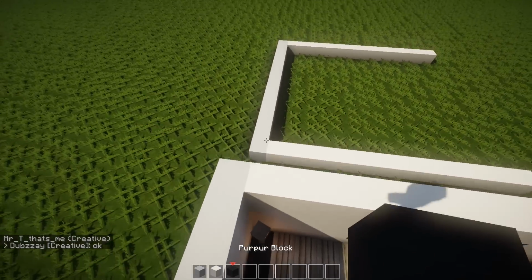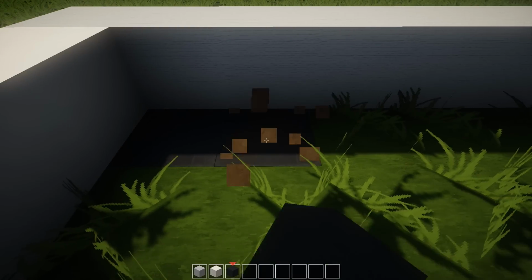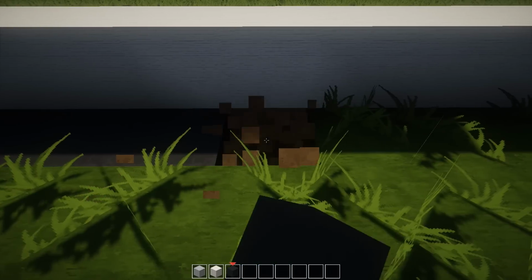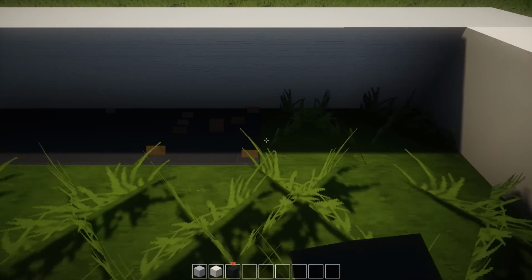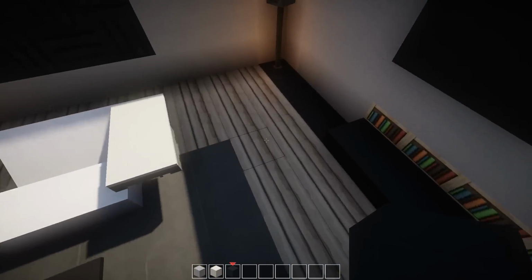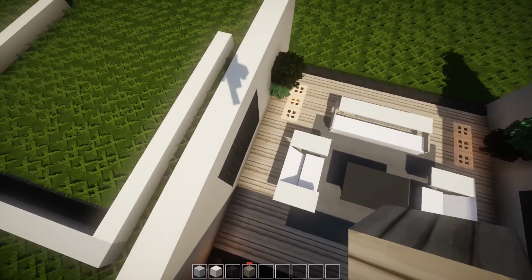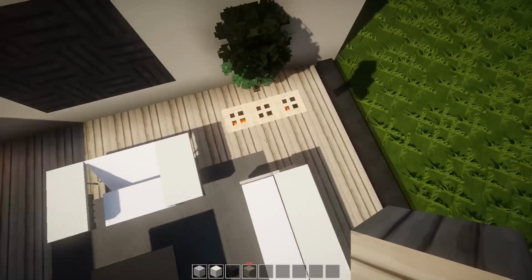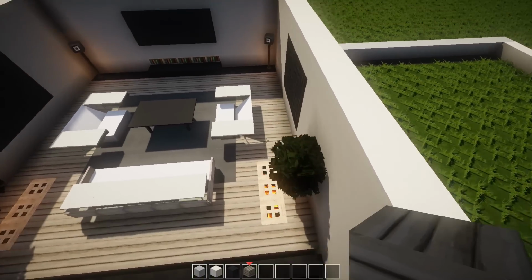The next thing we're going to do is get out some per block, or if you guys are in another resource pack, some black wool, some black stained clay, whatever works, whatever floats your boat. So just experiment with that. Try it out. Everyone has different texture packs. If you're on console, say, or on Pocket Edition, not everything works for everyone. So I respect that, and I've come up with some different variations for you guys to use.